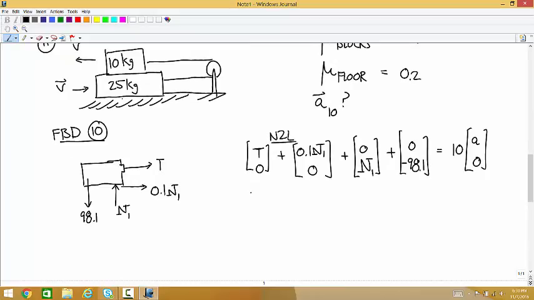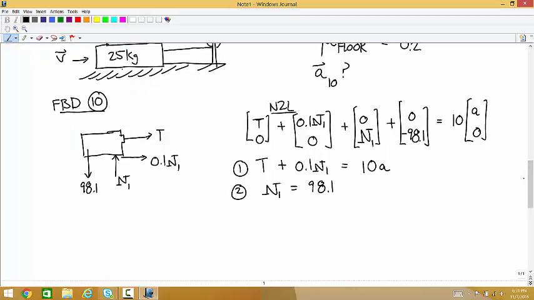So we get one equation that says T plus 0.1 N1 is equal to 10A. We get a second equation that says N1 minus 98.1 is equal to 0. I'm just going to write that as N1 is equal to 98.1. And if we combine these two,